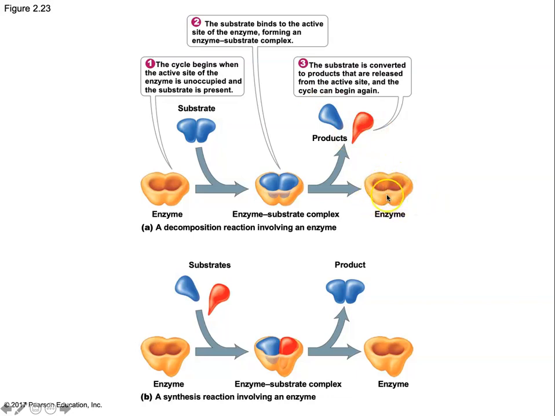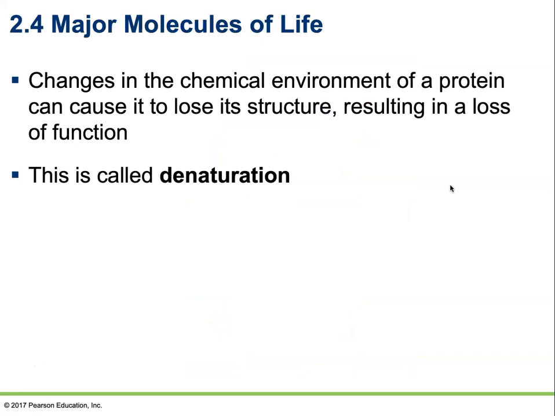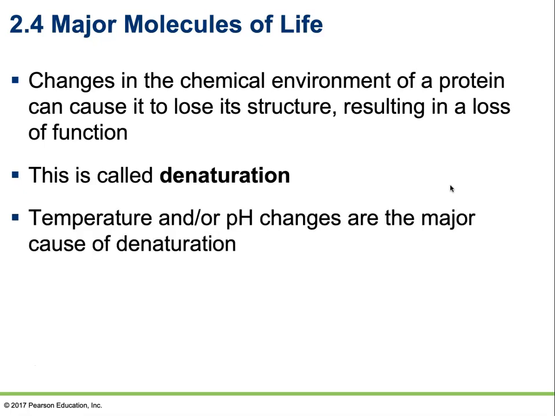If we were to lose this little pocket, if we were to suddenly unravel this enzyme into a great big long string of amino acids, we wouldn't have the function anymore. The nature of the enzyme would be changed. This process is called denaturation. Oftentimes, this is caused by changes in the temperature or pH, and unfortunately, denaturation can be fatal in organisms that have too many denatured proteins. They cannot sustain their metabolic processes. So the three-dimensional shape of a protein is very, very important.